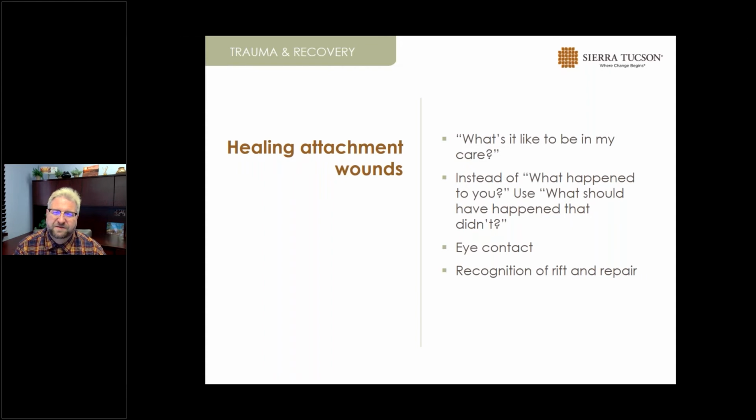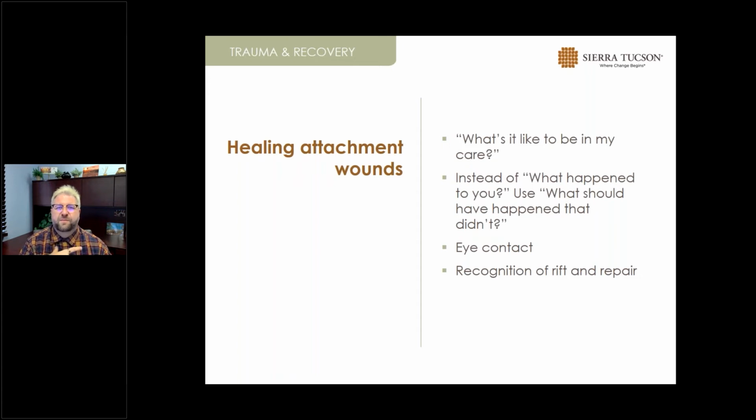Because oftentimes somebody who's had an avoidant type of attachment might say, you know what, I don't like this relationship, I'm leaving. So to be able to set the standard in your first session to say, hey, I'm probably going to disappoint you in this attachment relationship, and I want you to be able to stick it out with me. That's a way to help develop that initial strength and that repair before the rift even starts,